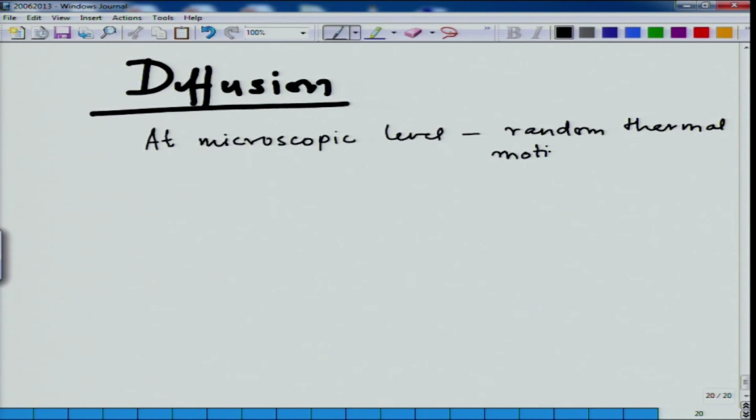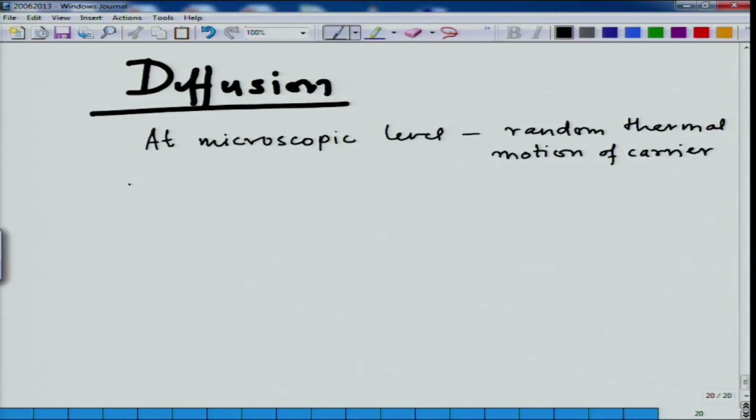And if you recall, we discussed this when we started discussing the drift of carriers. We said that in the classical picture, if we look at the thermal motion of carriers, they are always moving around, but their net motion is 0. So this random motion of the carriers is what leads to diffusion. But earlier we said that if we have this motion, then we do not have any effective transport of carriers. So what is happening? If we have a semiconductor,